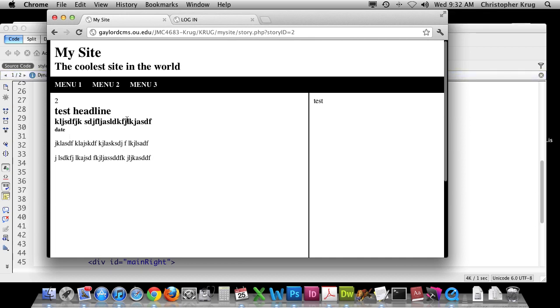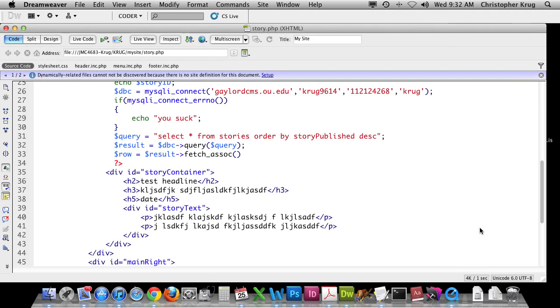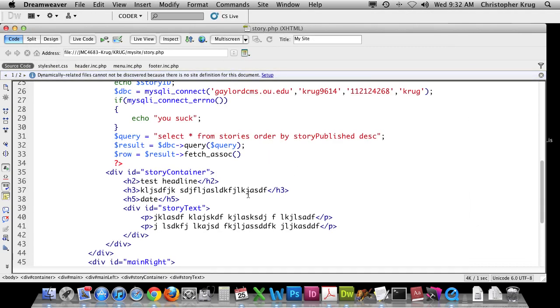So now all I have to do is just go ahead and echo the values from my table that I've queried. So you can see we've done stories. What I need to do is modify this query. So select all from stories, and then what we're going to do is do where,